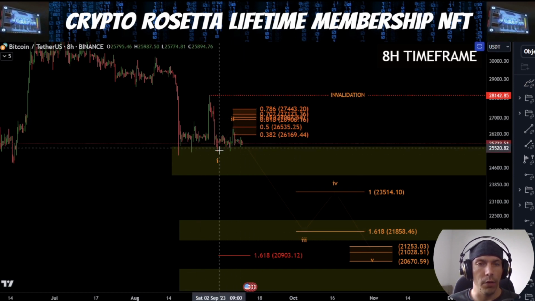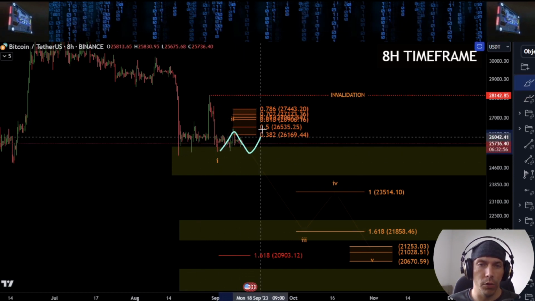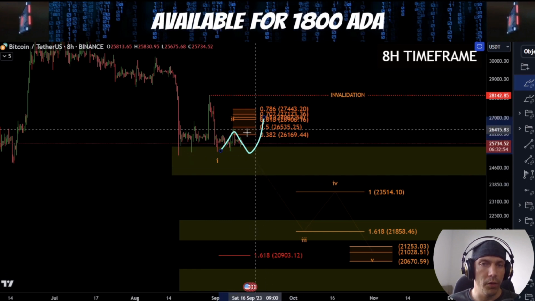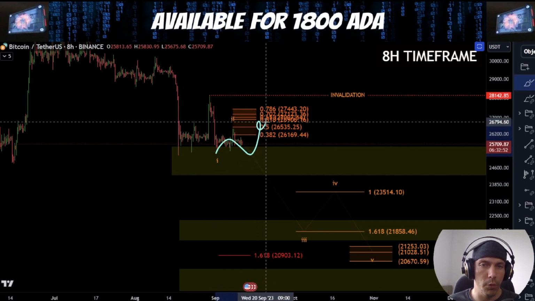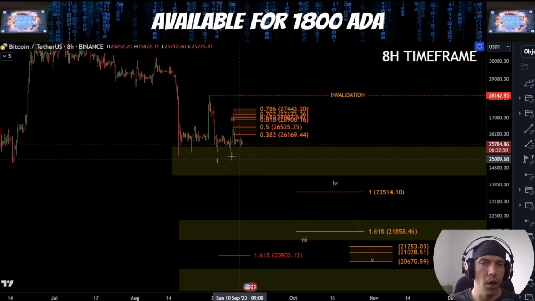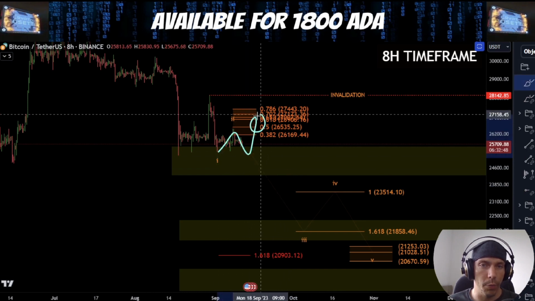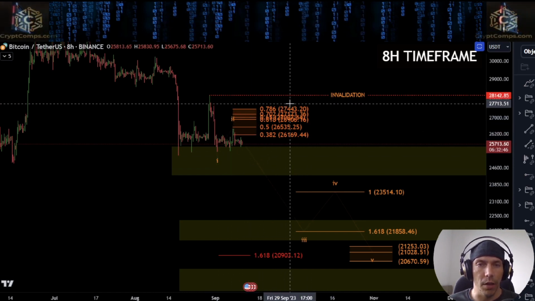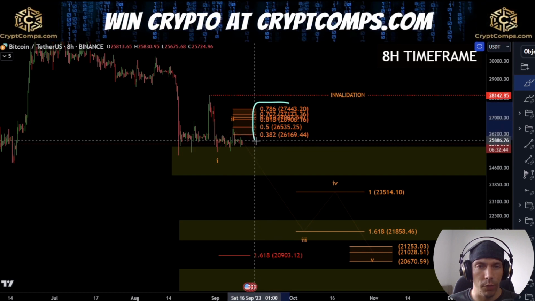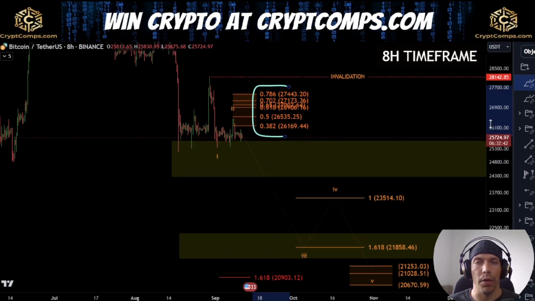Now if we are looking at this wave 2, it is also possible we could start to form a more complex wave 2, where we get a bigger wave 2 here, and then we still look to push down after seeing one more push to the upside. But what I would be expecting is that if we are looking at this as a wave 2, that this 786 up here towards this